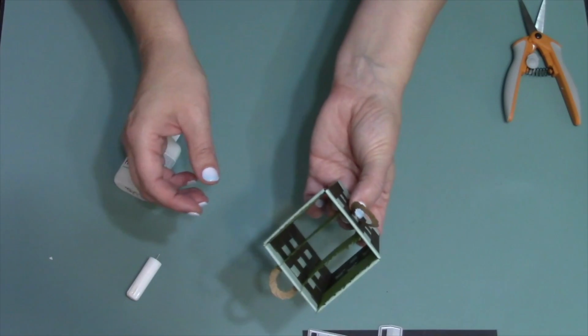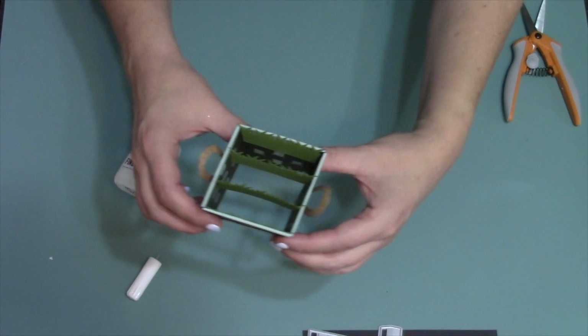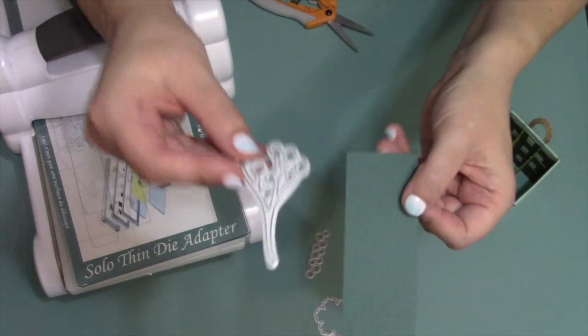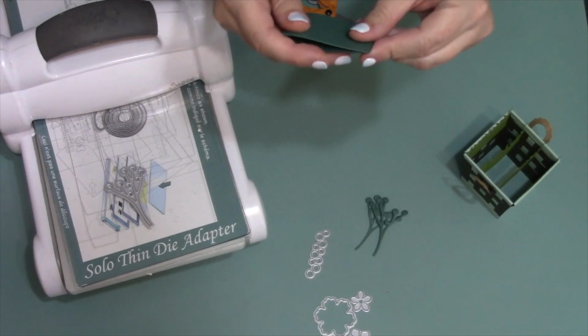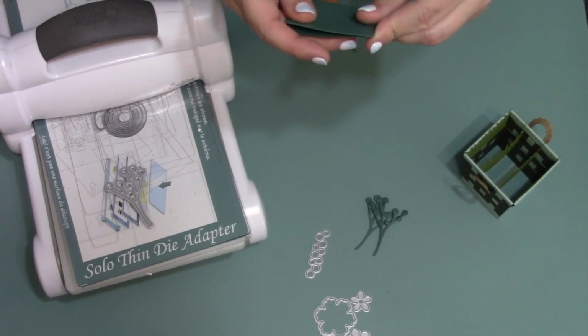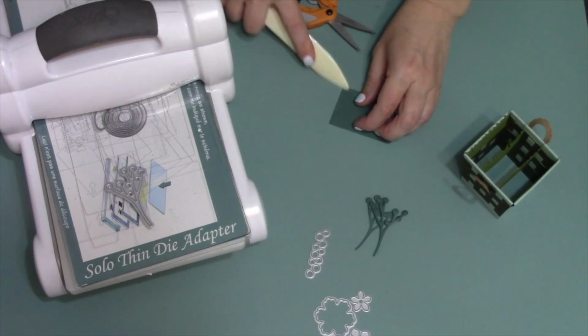And then I just repeat that for the other side of the basket. Okay, let's talk about a few decorating tips. With the spotty vine, I like to make sure that that's very durable so that it can hold up flowers in my bouquet. So what I like to do is take my cardstock and double it with a fold at